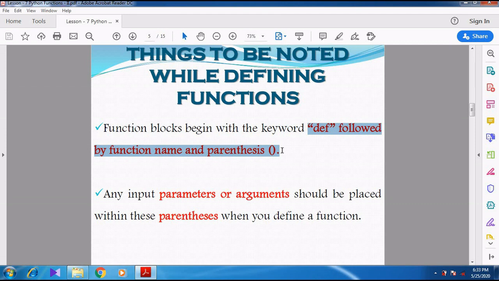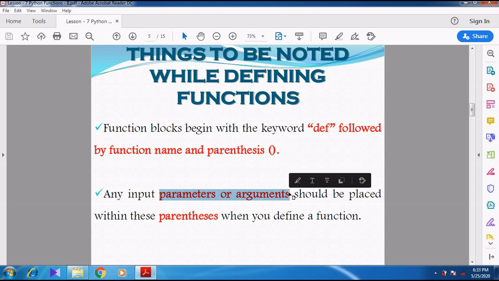After the keyword def we specify the function name followed by parenthesis. Inside the parenthesis we can give parameters or arguments. Any input parameter or argument can be placed within the parenthesis while defining the function.